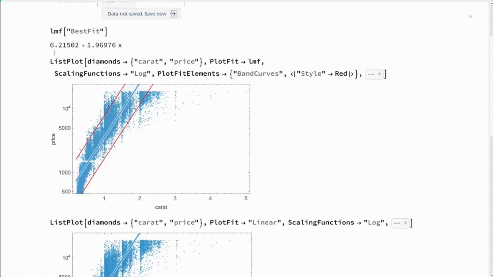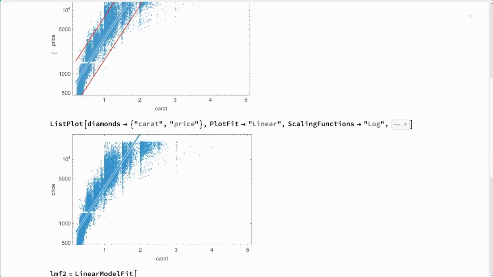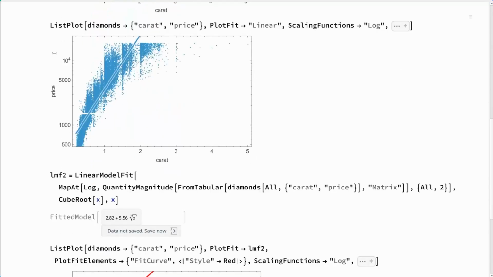Here we're doing a linear model fit on the log transformed prices and generating a fitted model. And this fitted model contains a best fit line in addition to other information. So we can plug this model into PlotFit and draw the various PlotFit elements if we wanted to. In this case, it is the same as using the PlotFit elements linear option, but one can imagine trying to construct a custom model. So here I'm constructing a model